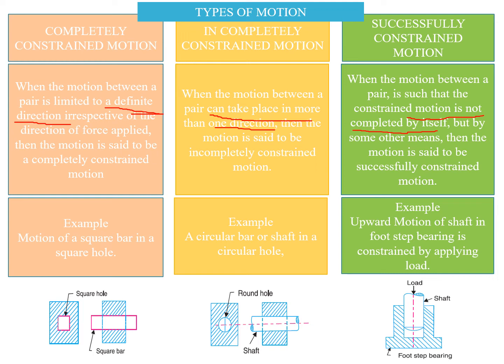Example, let us consider a footstep bearing. Here, the direction of movement of the shaft in the upward direction is arrested by applying load at the top surface, so that the shaft will tend to revolve or turn only. It does not oscillate. Here we have arrested the motion, or we have constrained the motion. Such a thing is an example of successfully constrained motion. So this concept is very important. Now move on to the next one,